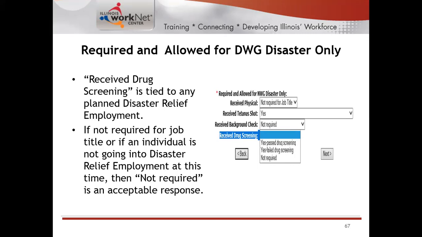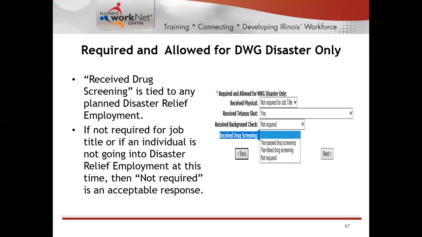All right, Jill. Yeah, Mike had asked a question about a participant may not have taken the background check prior to certification or completed a physical until after certification. So if I can jump in with this, as far as these 4 questions that are here, the intent was for disaster relief employment,